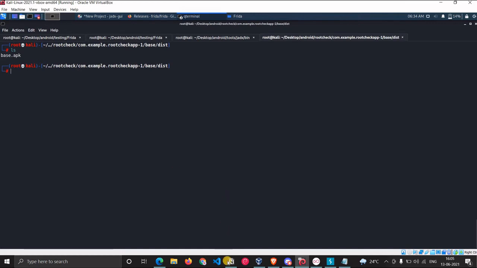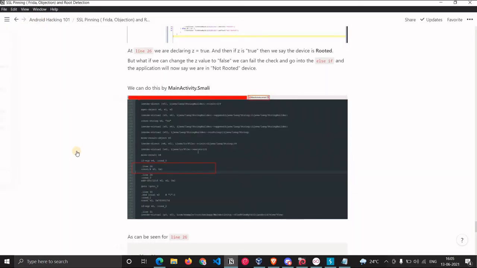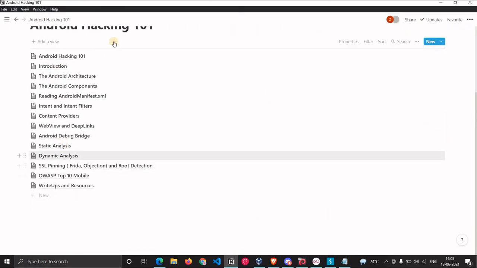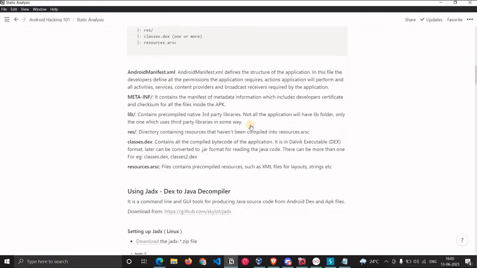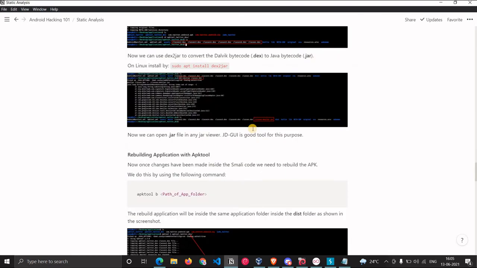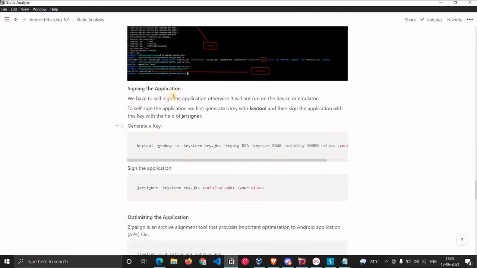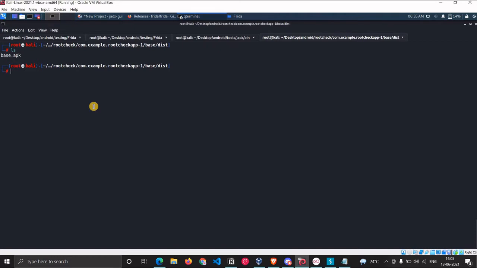Now we have the application. We have to sign it, otherwise it won't get installed. As we discussed yesterday, let me show how we sign the application. First we have to generate the key with the help of keytool.